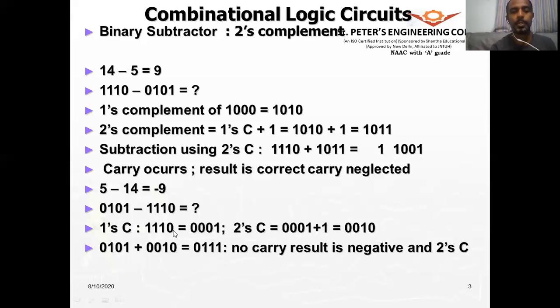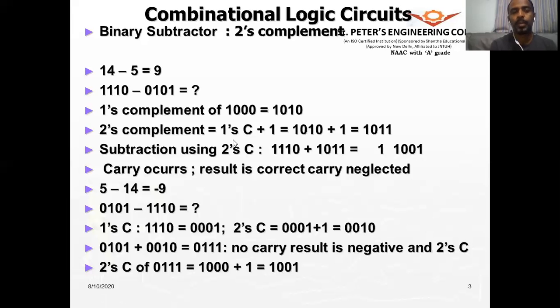So how do we obtain that? So you take the 2's complement of this. So how do you obtain 2's complement? Find the 1's complement. So 1's complement of 0, 1, 1, 1 is 1, 0, 0, 0. To that you add 1 to obtain 2's complement. So therefore the answer is 1, 0, 0, 1, which is decimal 9. All right, so we've got the answer. So therefore we see that this is the 2's complement method of subtraction. Rather, it is actually addition. Okay, so we are doing addition to obtain the subtraction operation.